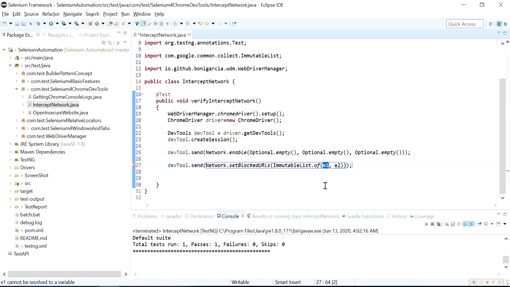So here I am going to intercept the images first. I'll say dot asterisk dot jpg. Also an image can be of jpeg type, and also we can sometimes have png images in any application.